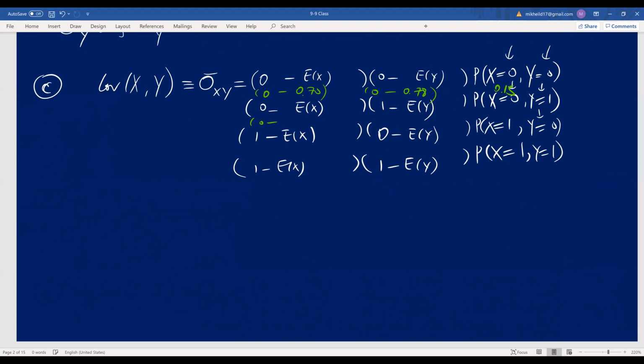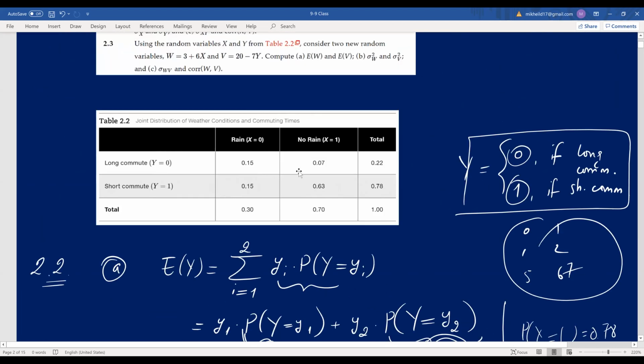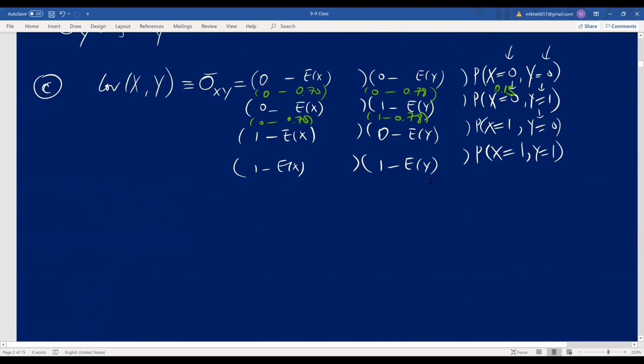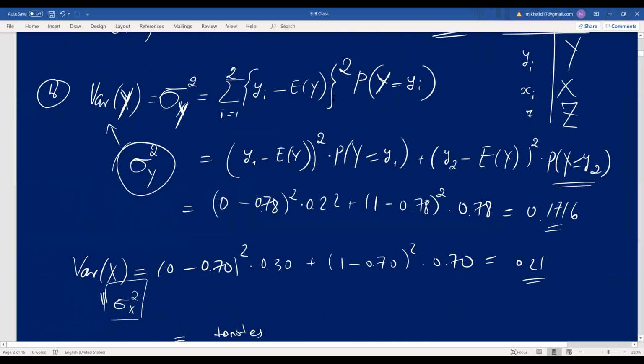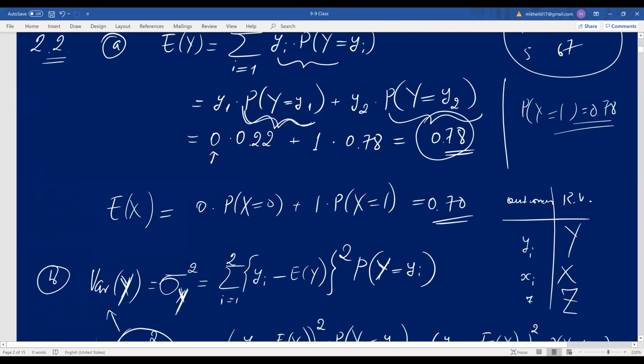0 minus 0.70, 1 minus 0.78 times the probability of x0 y1, that's 0.15 again. And then you have 1 minus 0.70 times 0 minus 0.78, and then the probability of x1 y0, that's x1 is 0, y0, 0.07,